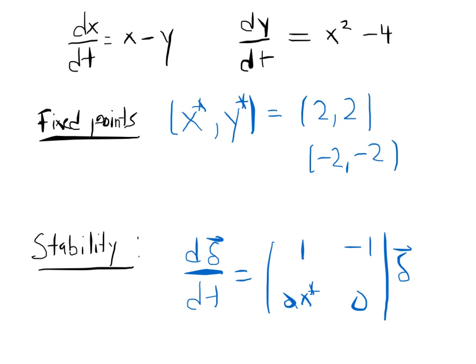So in the last video, I discussed the stability of the fixed points of this system of equations, dx/dt equals x minus y, and dy/dt equals x squared minus 4. We found that there were two fixed points, one at the point (2, 2), and the other at the point (2, -2). And we then studied the stability of these fixed points, and I argued that the stability was